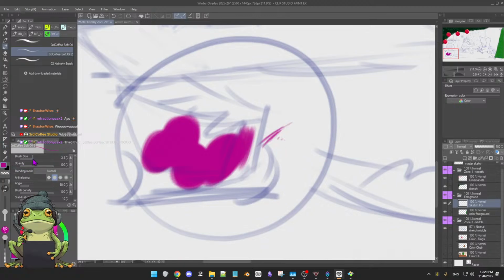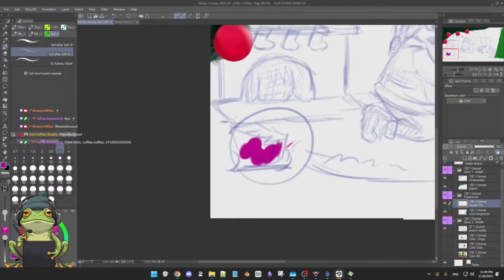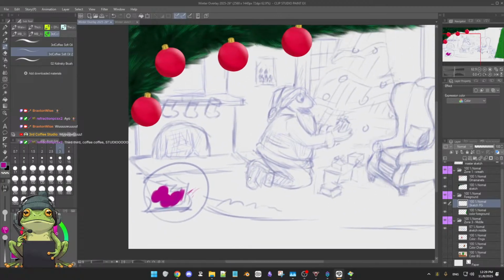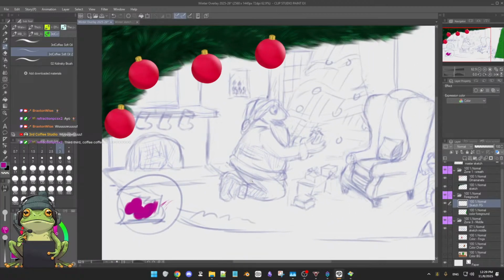How far are we down? 3.8? If I can get down to a 3, that's normally what I sketch in. I mean, he'll scale down later, but